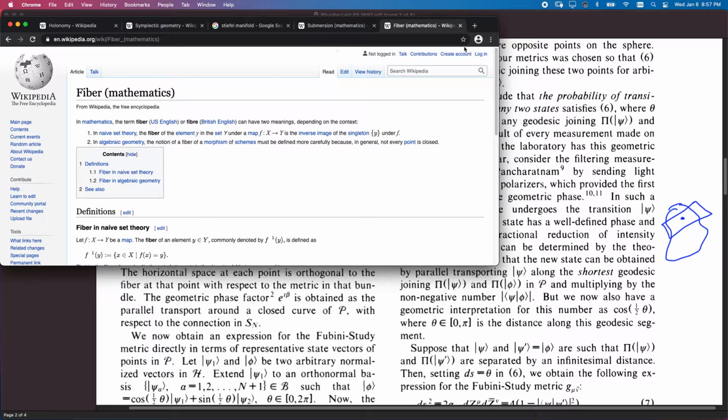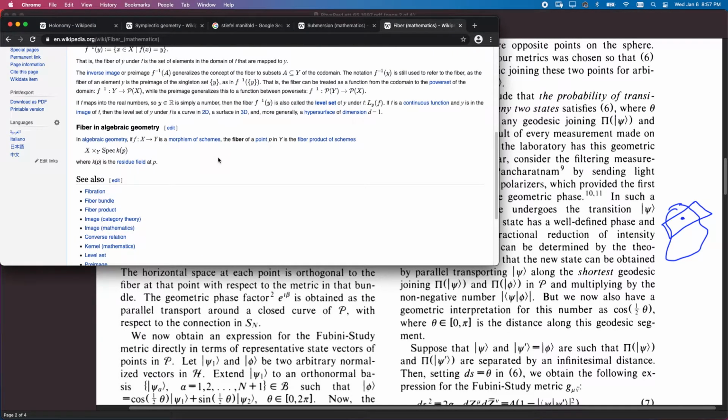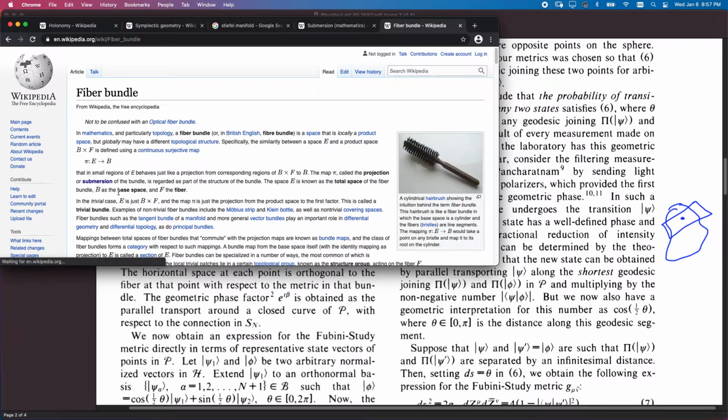Okay, maybe I have to look for fiber bundle, maybe. Assume it's showing the intersection through the hairbrush is like a fiber bundle in which the base space is a cylinder and the fibers. Okay. The horizontal space is orthogonal to the fiber. Okay, so I think I have some sort of